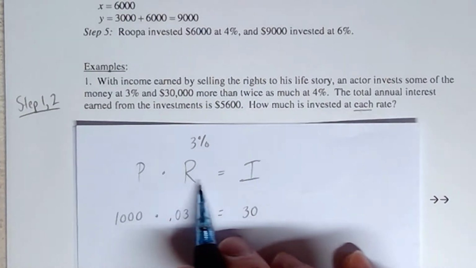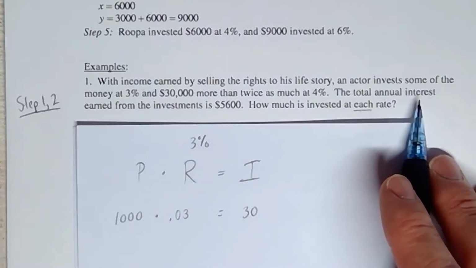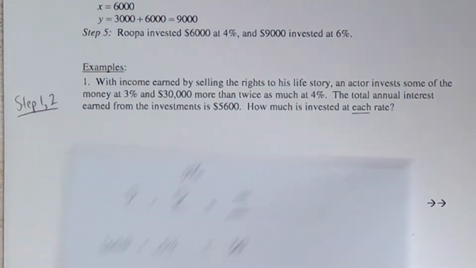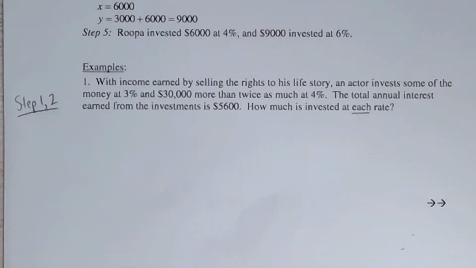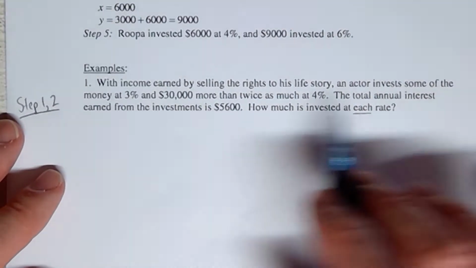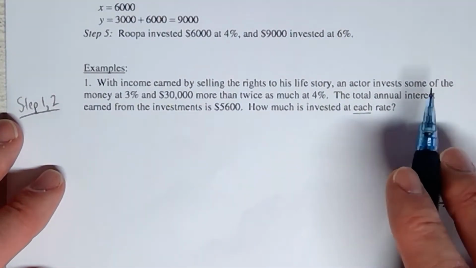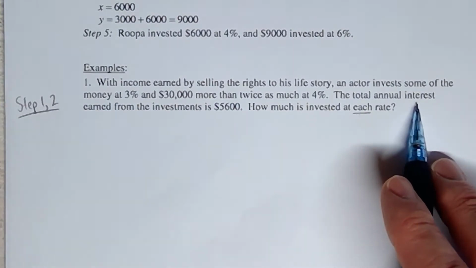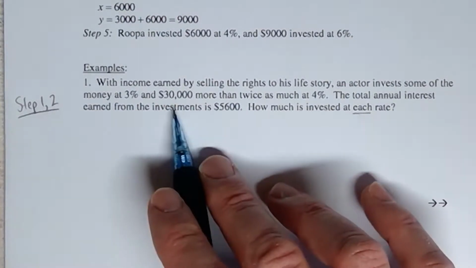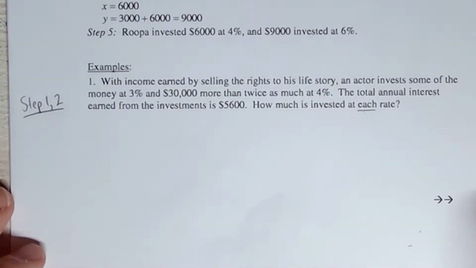All right, so PRI is what you use when they talk about interest. Right, and then we talked about when we're supposed to do those mixture formulas and at what time. Okay, we talked about it in the previous video, so continue to follow those rules from that video as well. But PRI for investment and also for interest. But if you see that word interest, okay, they're talking about interest from an investment. You're going to do PRI. All right, so